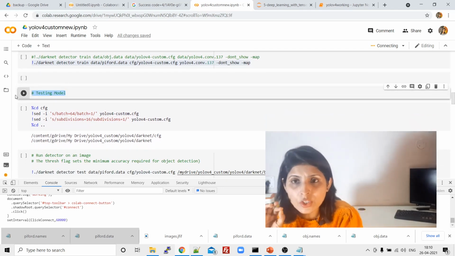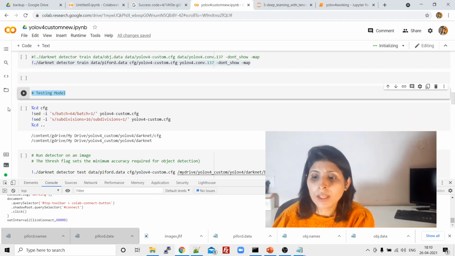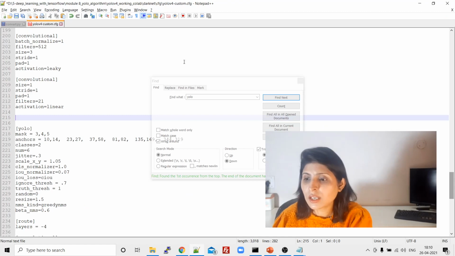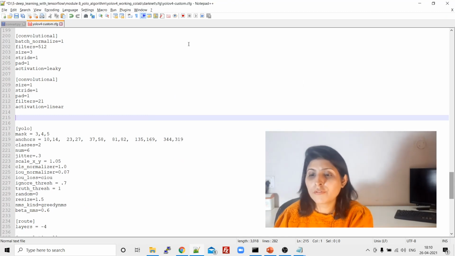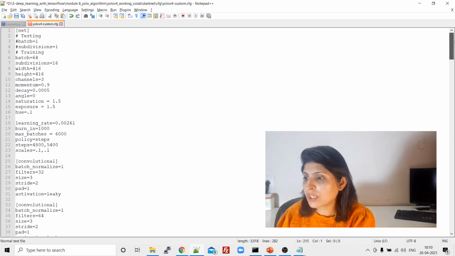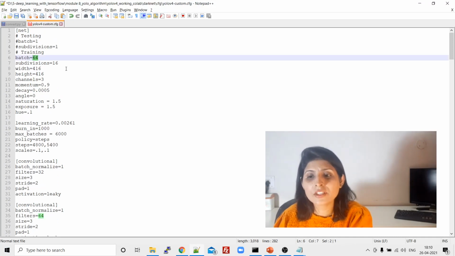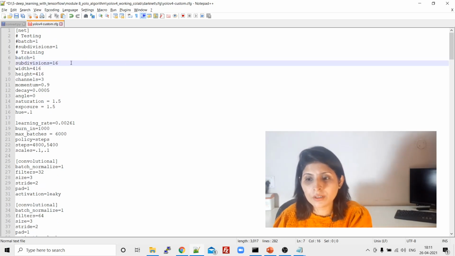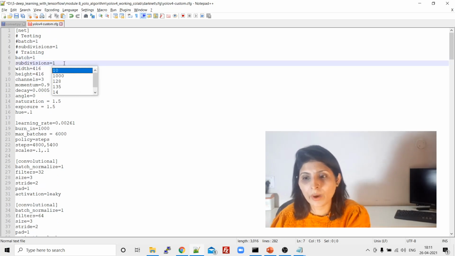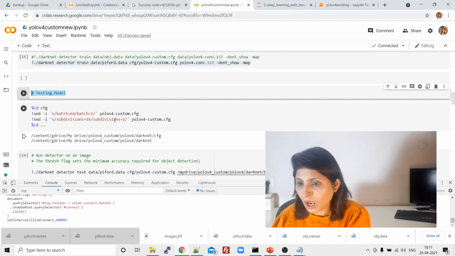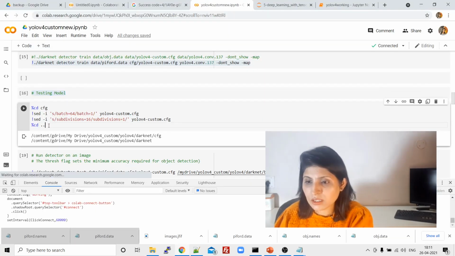When you want to test your algorithm, you have to make changes in this file again. For training, we changed the batch to 64. But when you want to test, just write 1 over here, and subdivisions is also 1. That's it. And how can you make these changes? By this command.